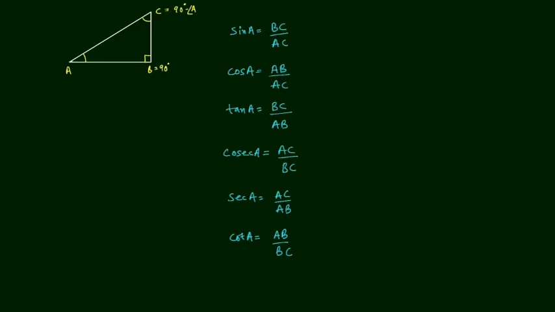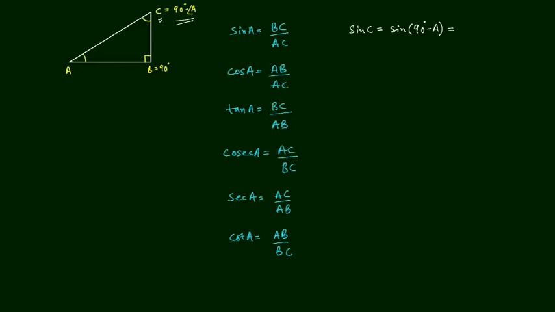Okay, so sin C is equal to, now the opposite side of angle C is the perpendicular, so sin C is equal to AB upon AC, because the hypotenuse will not change, and in place of C we can write 90 minus A from the relation. So in place of C we are writing sin 90 minus A is equal to AB upon AC, because AB is the hypotenuse for the angle C.